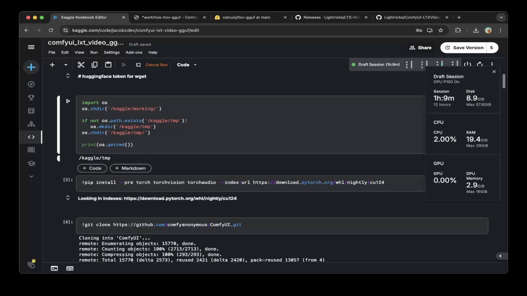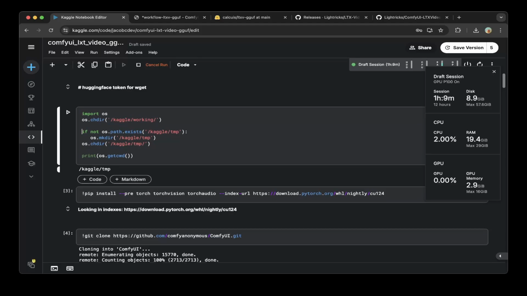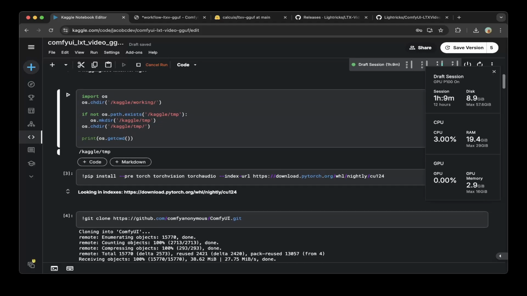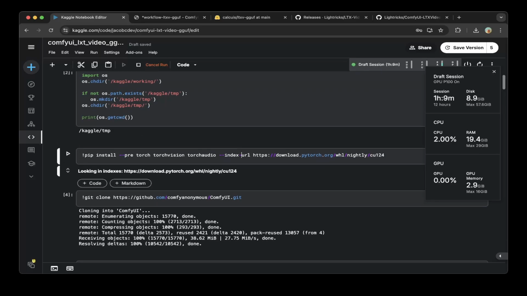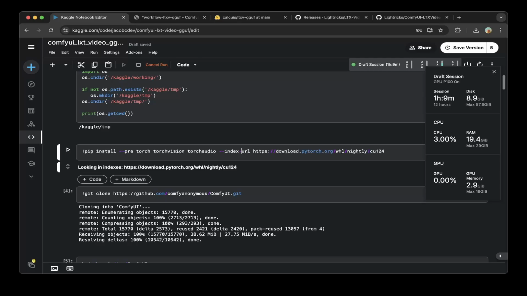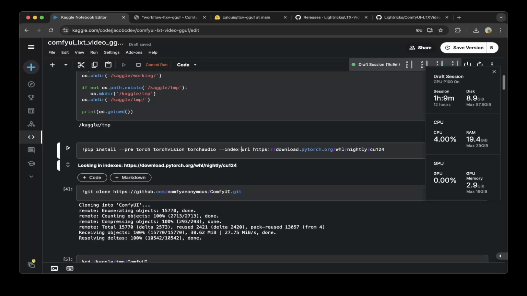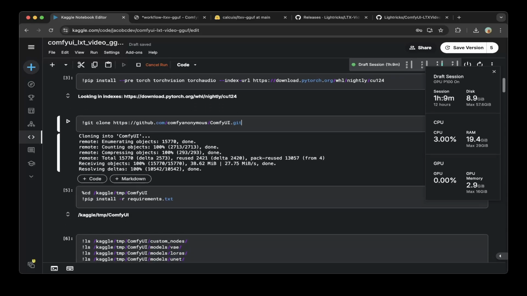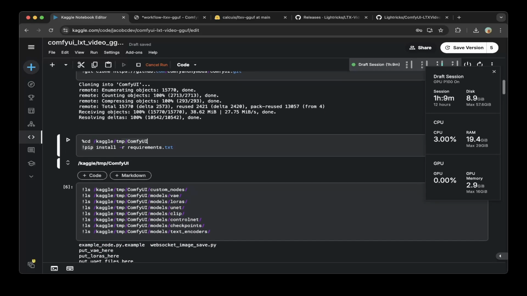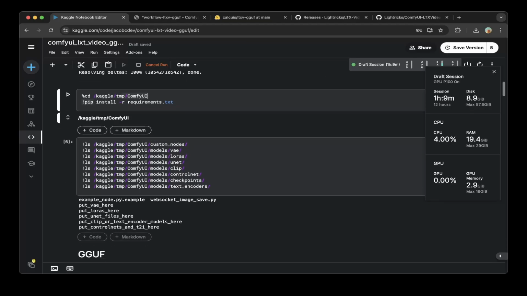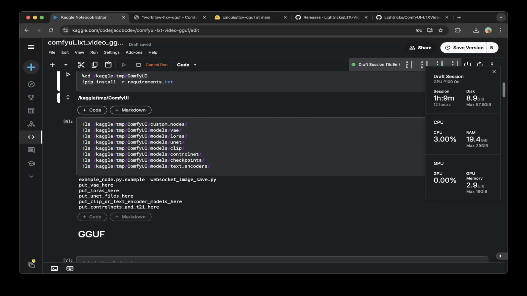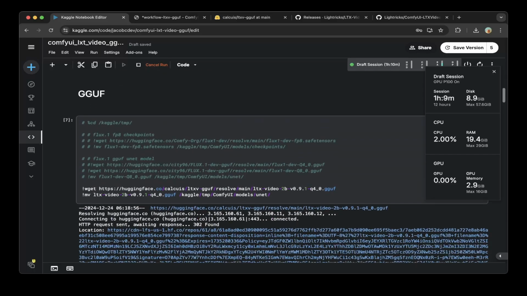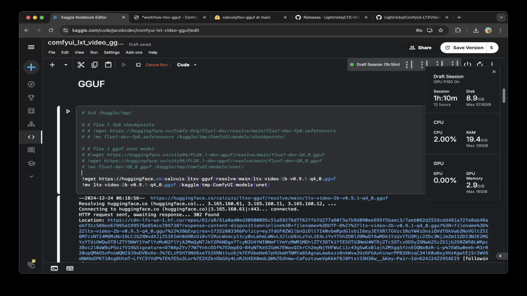First, we just need to switch the folder from the default working folder to the Kaggle temp folder, which has up to 70 gigs of storage space. Then you have to install PyTorch, Torch Vision, and Torch Audio with the nightly build for CUDA 12.4. After that, make sure you install ComfyUI from the official repo, and cd to the ComfyUI folder to pip install the dependencies. After that, you can check that all the folders exist, and then you have to install the GGUF. To install GGUF, you can go to